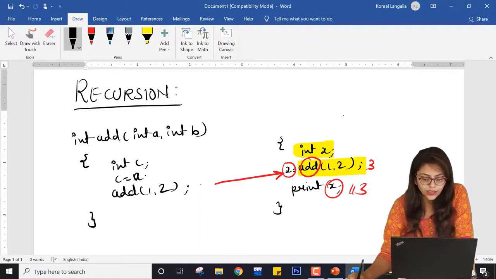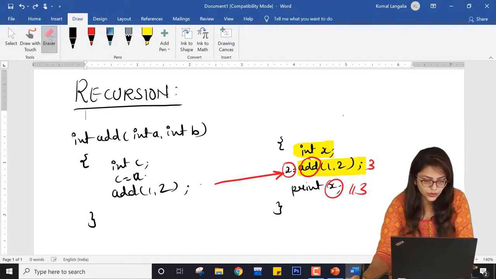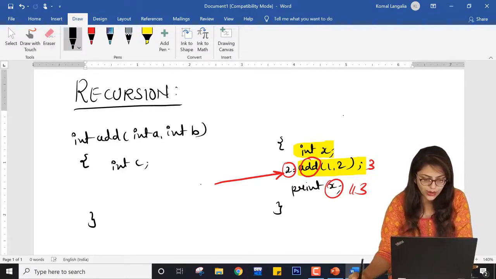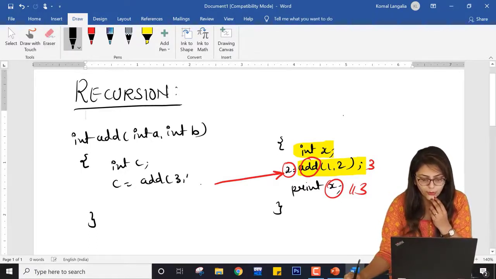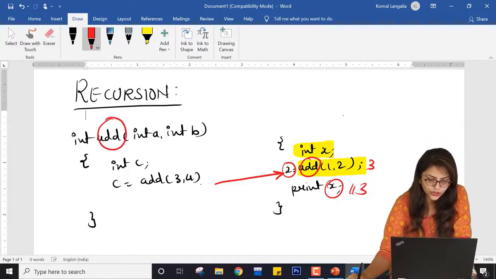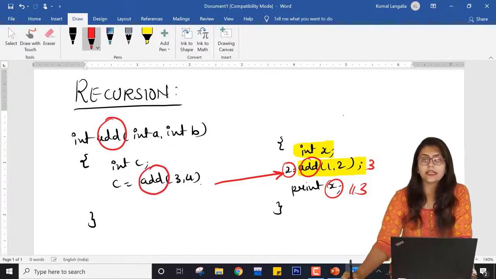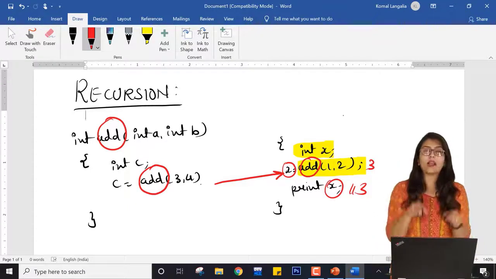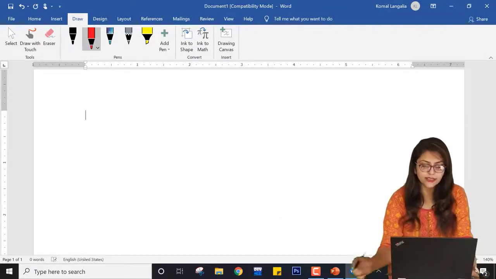If I write it something like this, it will not be a correct program, I am just giving you an example. So if I write add(3,4) over here, you can see that this add function is again being called inside the function definition itself. It will be called in main as well as in the function, and then we call it recursion.